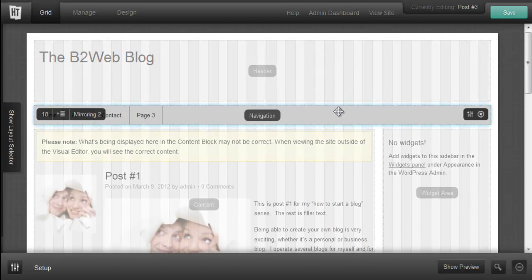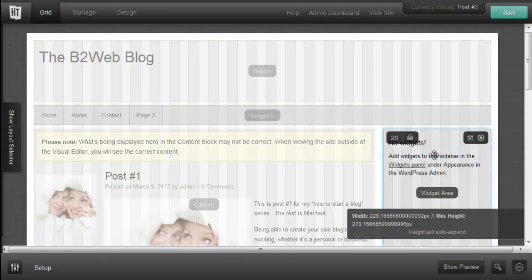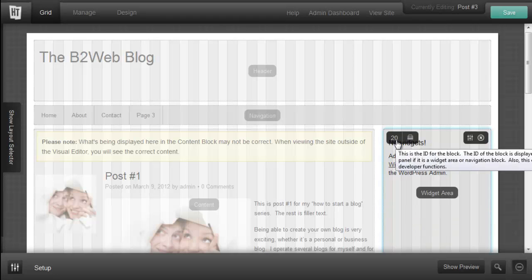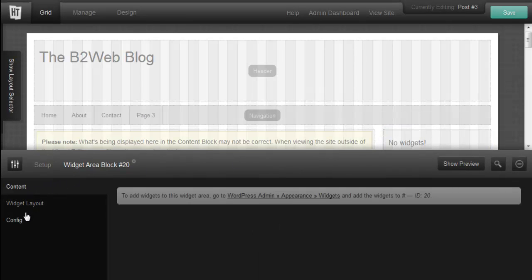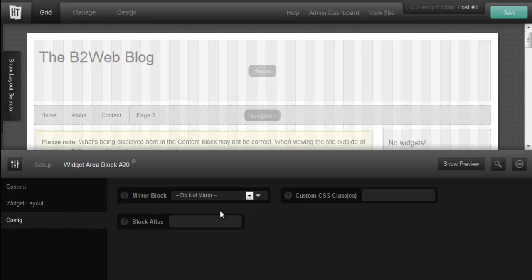Now, a few issues that you might come into that can be a little bit confusing. First off, let's say you've got a widget. Now, if you end up creating 20, 30 different widgets for different parts of your website, the ID is by default a number, and that's pretty difficult to keep track of. So you can actually change your name for that in this block alias right here. We could call this post widget left,